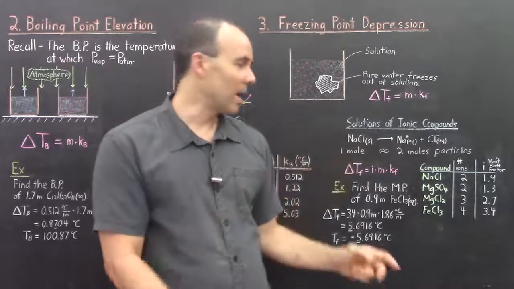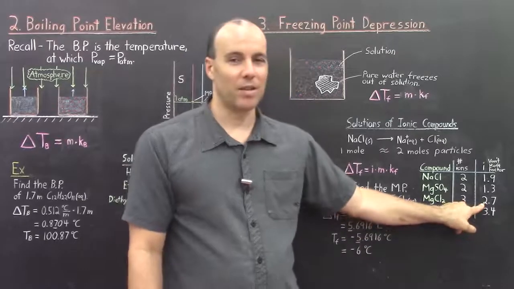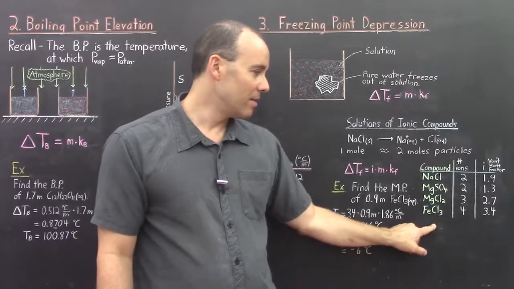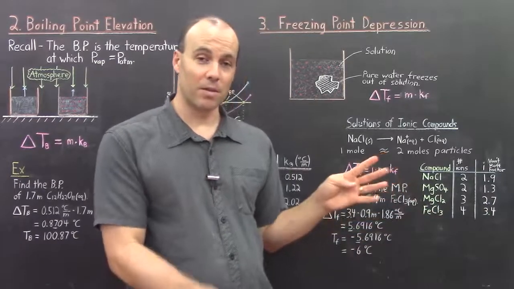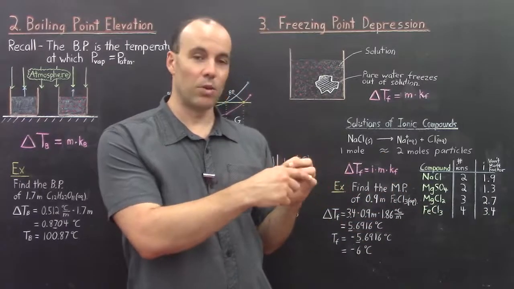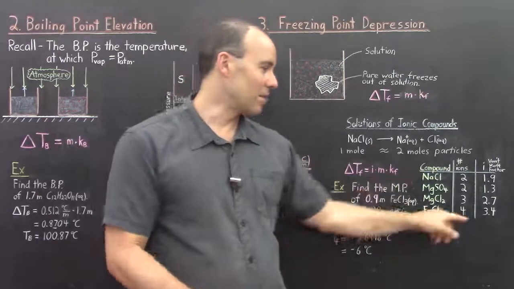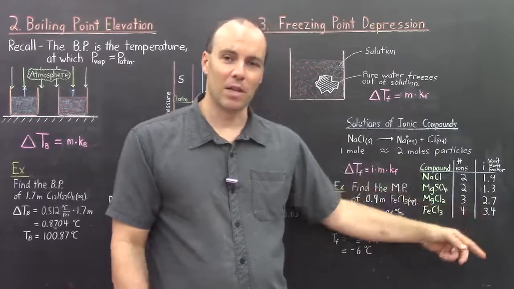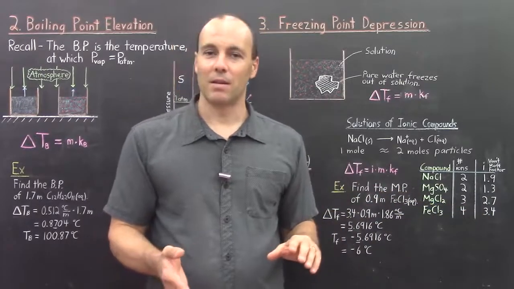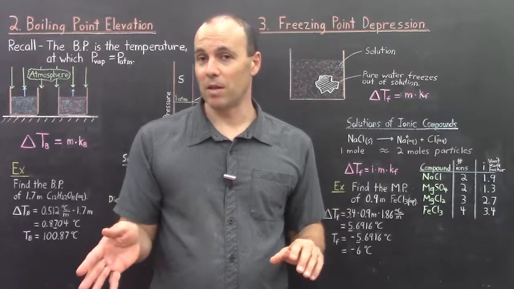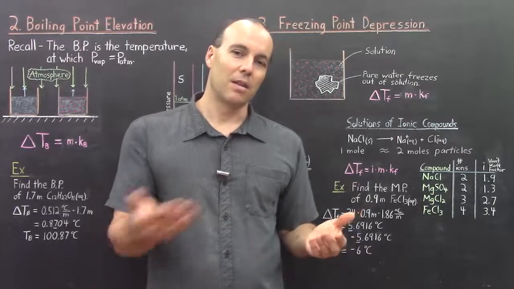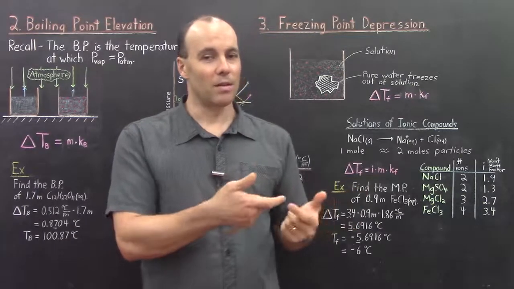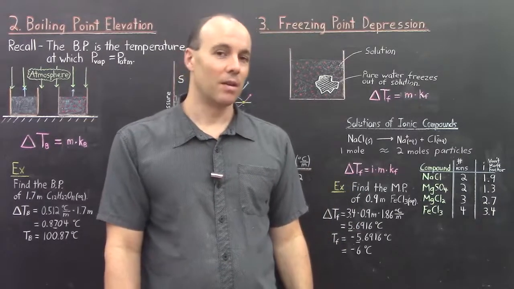However, the Van't Hoff factor shows that it's actually closer to 2.7. Iron(III) chloride should give you 4 particles, your iron 3+ and your 3 chlorides, but the Van't Hoff factor is actually 3.4. Now these Van't Hoff factors are determined experimentally by measuring the colligative property and comparing it with what you'd expect, and you're able to work out how many particles are actually in